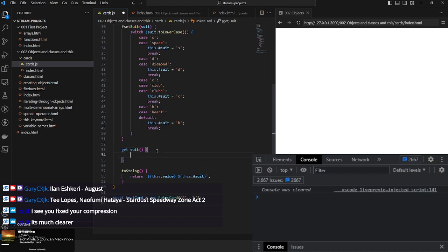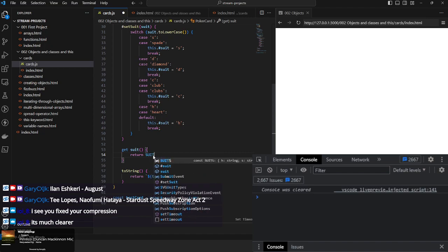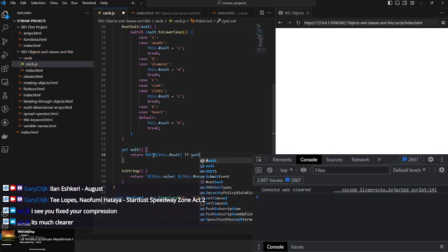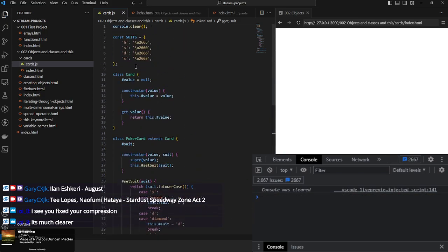so if we do get suit, then we can use return this suit, or suits age. I don't know why I put these in quotation marks. This is also a way to define properties, by the way. You can use quotation marks and